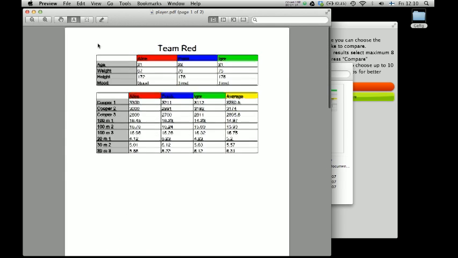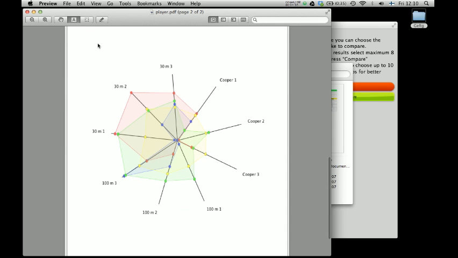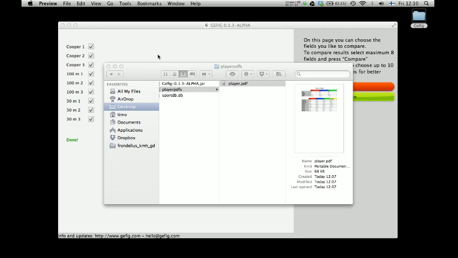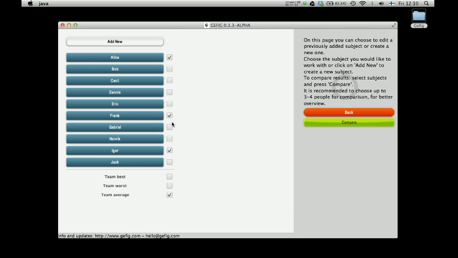Okay, that's how you run the comparison, and that's how you understand or interpret these figures. The PDFs are free to mail, so you can mail these to your players. But let's just check one more possibility. So come back here and just go back a bit. And this time I'm just going to untick the players. I'm just going to choose one, let's say Henrik. I'm going to compare Henrik to the team best and to the team worst and to the team average,